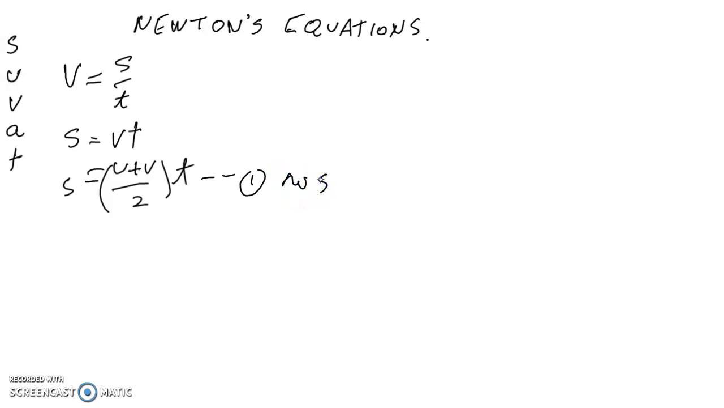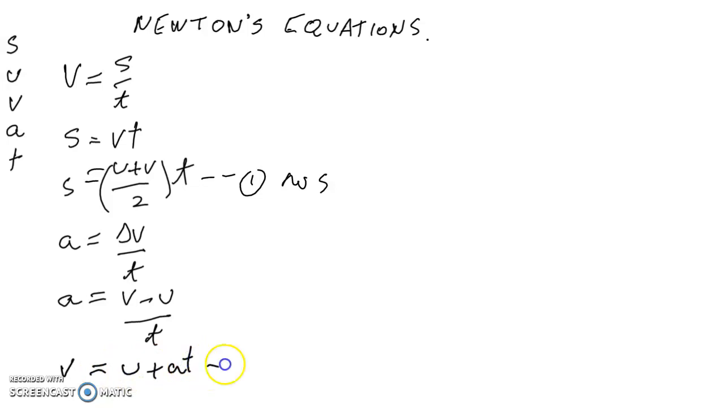The next equation can be obtained from the definition of acceleration. A equals delta v, which stands for change in velocity, over t. Now, change in velocity is final velocity minus initial velocity. So the equation becomes this, which we can rewrite as v equals u plus at, and we'll call that the second equation, which has no